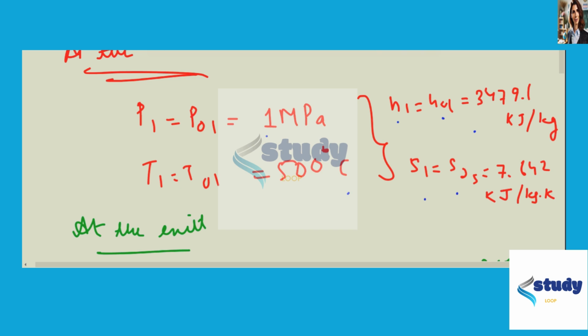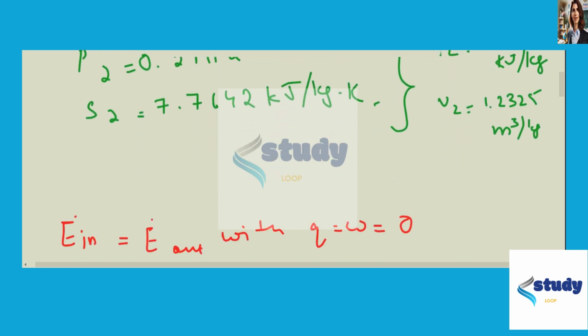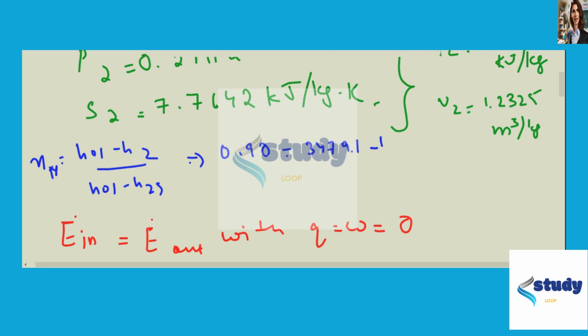Now, before doing this at the exit, we'll just do one more thing. The enthalpy of the steam at the actual exit is to be determined here. Now, that is done as the isentropic efficiency equals H01 minus H2 divided by H01 minus H2S, and that is equal to 0.90, which equals 3479.1 minus H2 upon 3479.1 minus 3000, and hence H2 equals